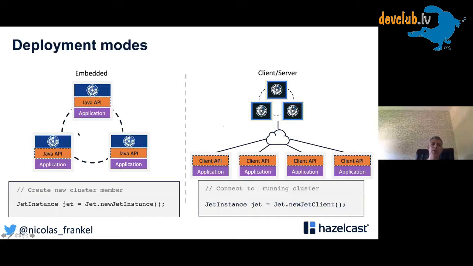And because we are using the in-memory data grid under the cover, the IMDG provides a way for nodes to create a cluster. If you are on the same network, or you can be on a different network, but of course you need to configure everything. By default, it will broadcast over the local network, and if you have several nodes, they will find each other and form a cluster.